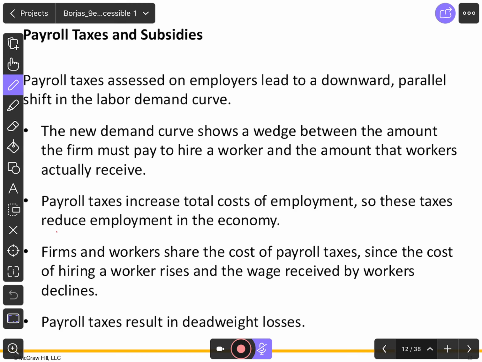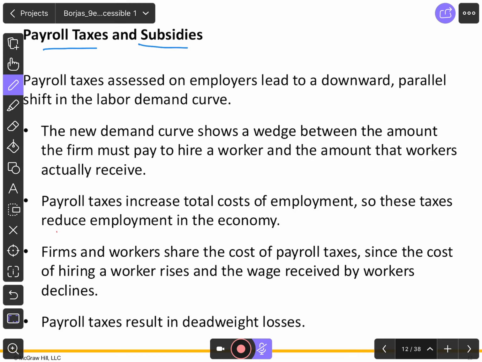Okay, the assumptions are like we have an invisible hand. Market dynamics would ensure that we will go back to equilibrium any time we are away from it. So now here we start to have some imperfections in the market, or some examples of market interventions. This is an intervention by the government, where the government can impose payroll taxes or can offer subsidies. And we want to see how these two tools are going to affect our equilibrium